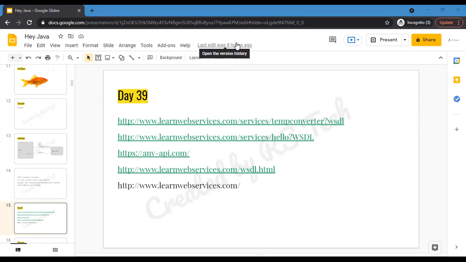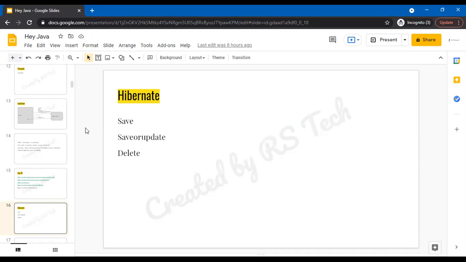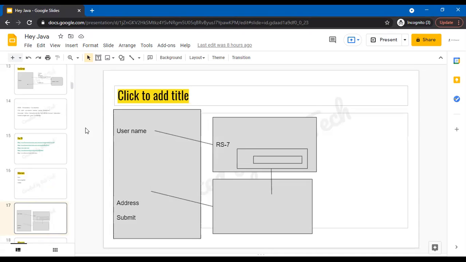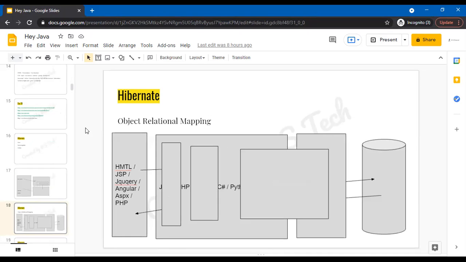So after that, we went over, actually these slides are in reverse order, we went over the Hibernate. We saw save or update, delete, and we saw where Hibernate fits in, and how the mapping is done.